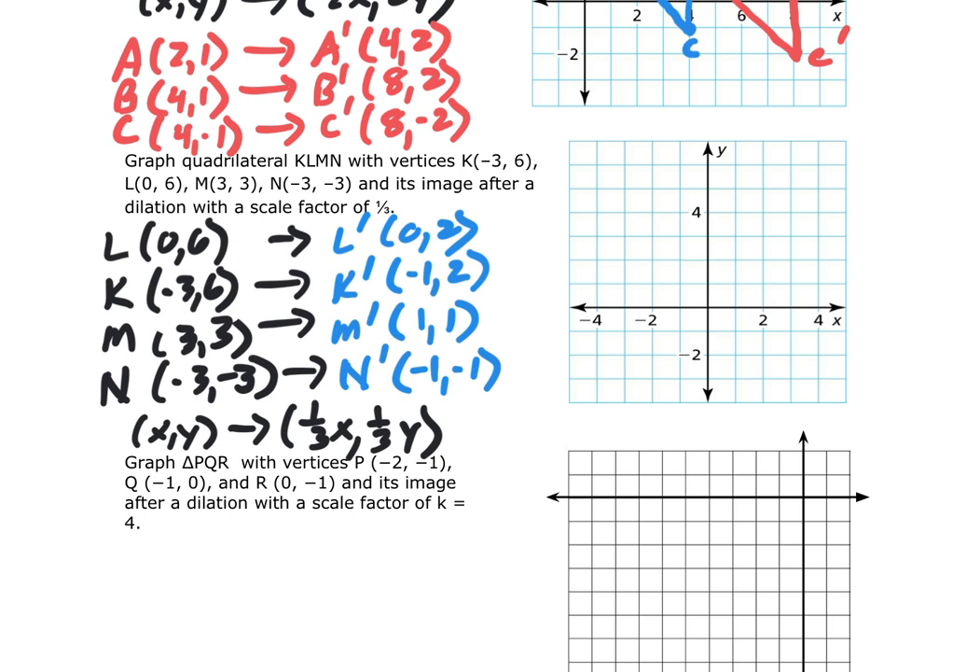Okay, so now 0, 6. Negative 3, 6. 3, 3. Negative 3, negative 3. Okay, there's our first figure. Our second figure,